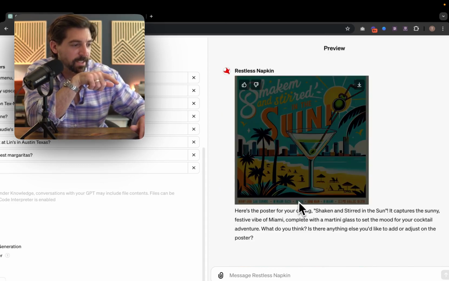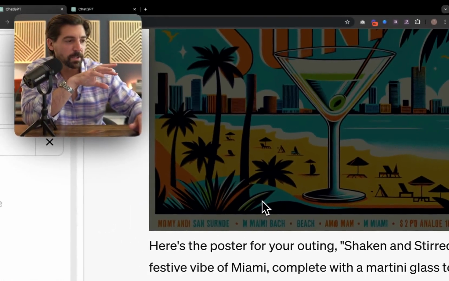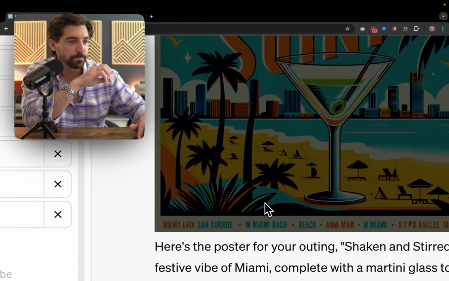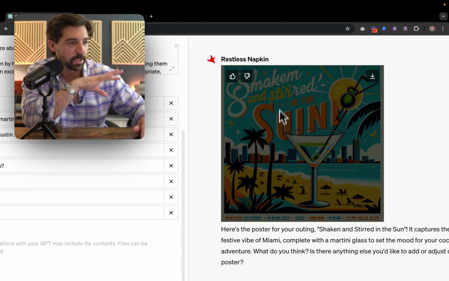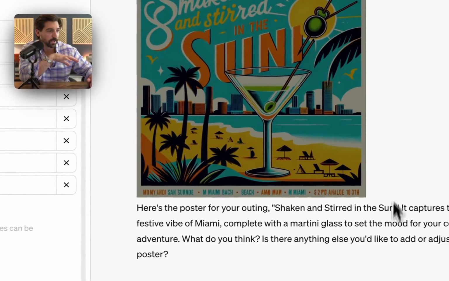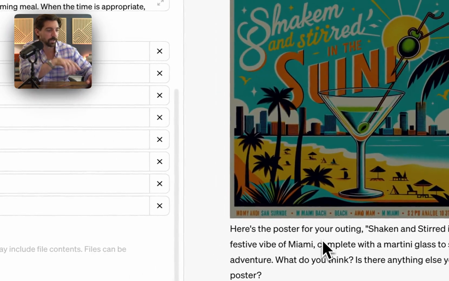But that's where you can get ideas from this and say, okay, I'm going to take this as inspiration and have a graphic designer clean this up, make it actually say shaken and stirred in the sun, and then actually put the names of the bars on here,